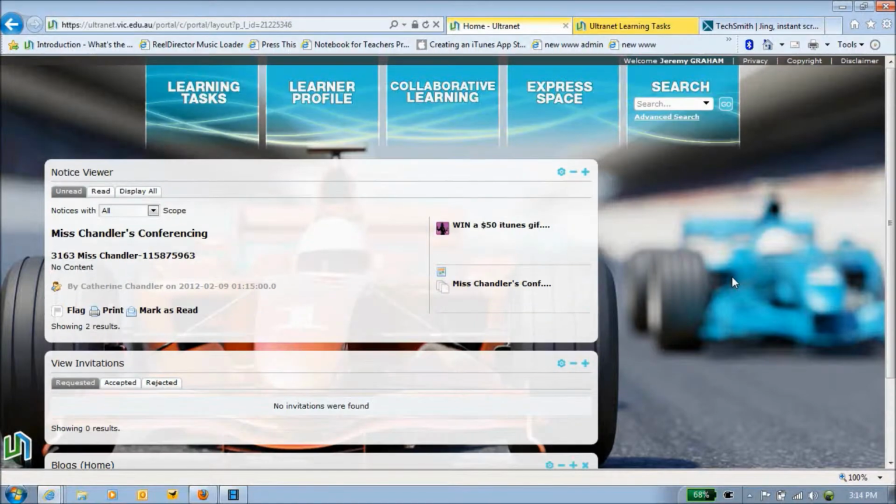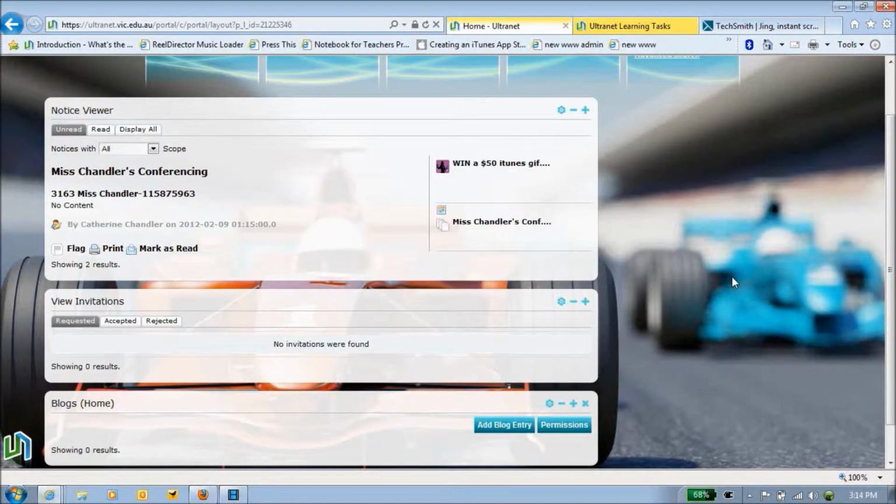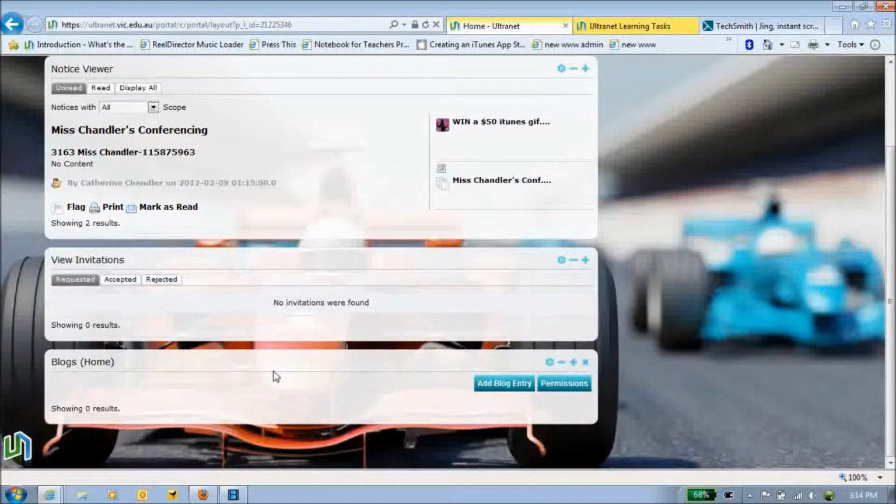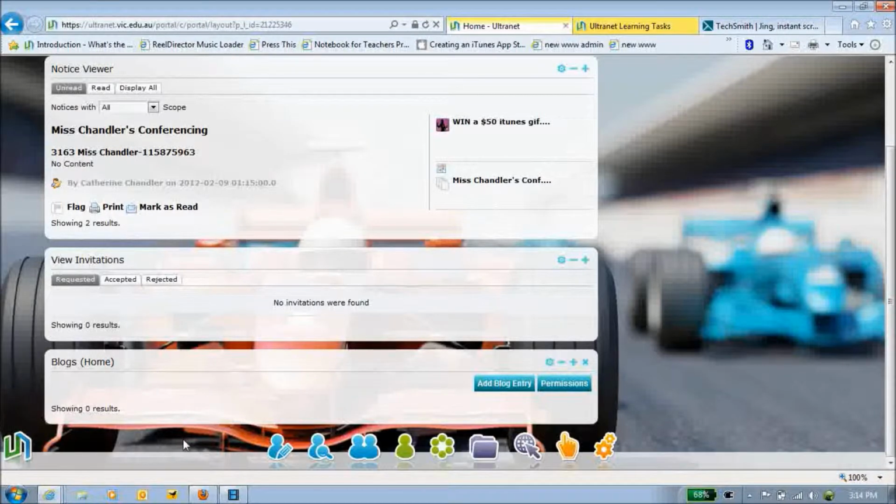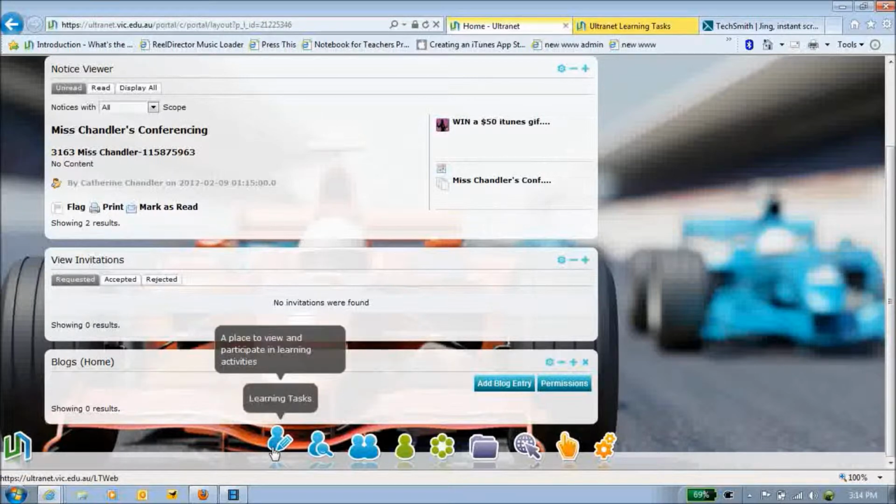A student has just logged on and this is their home page or their landing page. To get into the learning tasks, it's exactly the same as when a teacher goes into the learning tasks. While we as teachers will click on the little blue man with the pencil to write the learning tasks, students will also click that to see the learning tasks that have been assigned for them. So when we click on that,